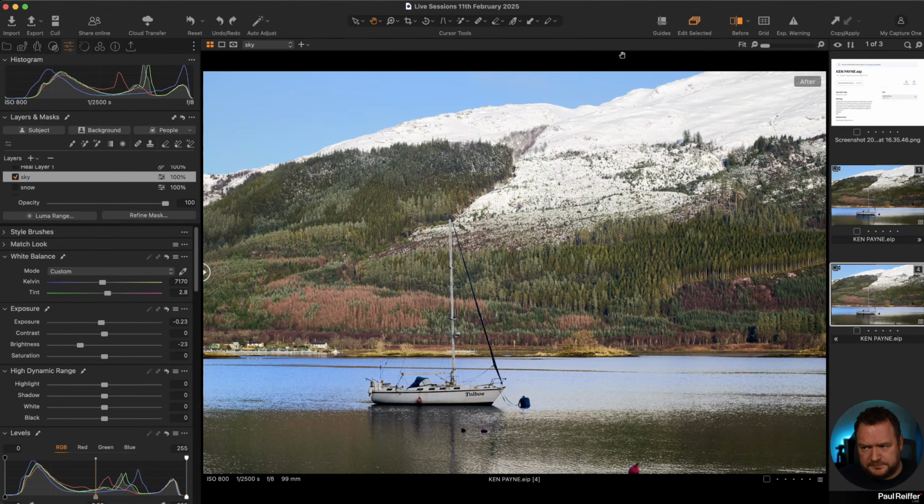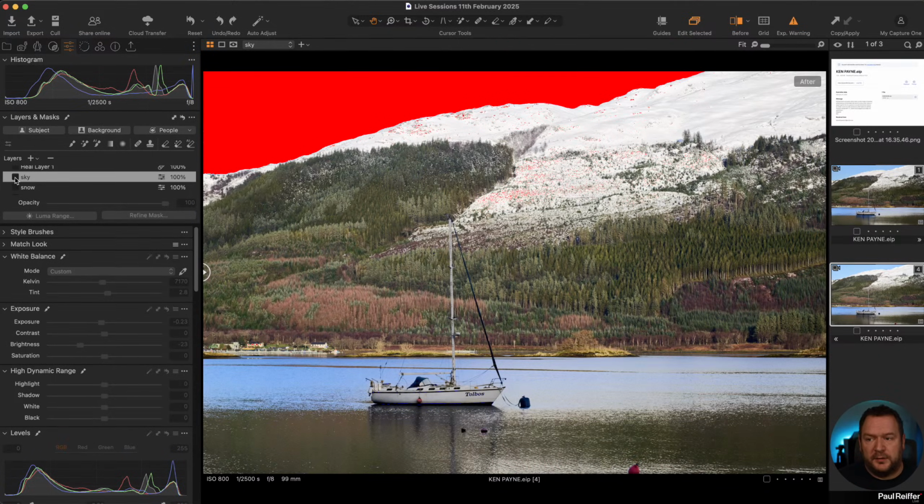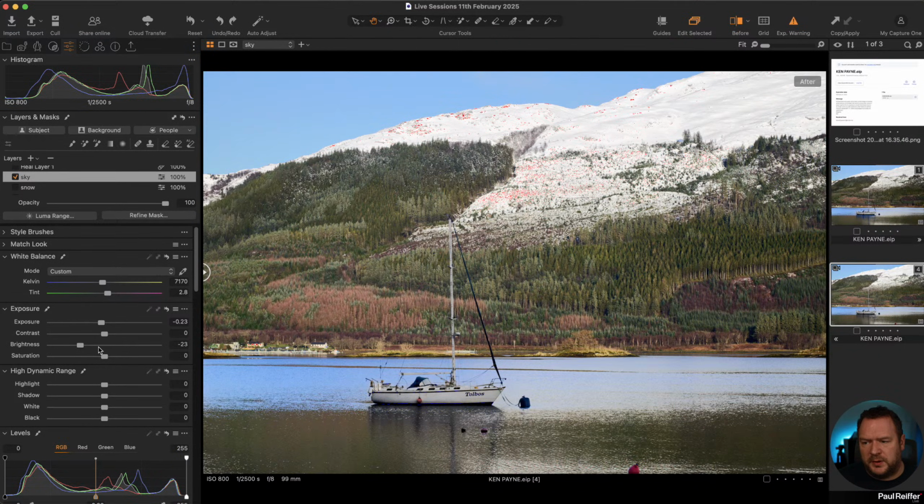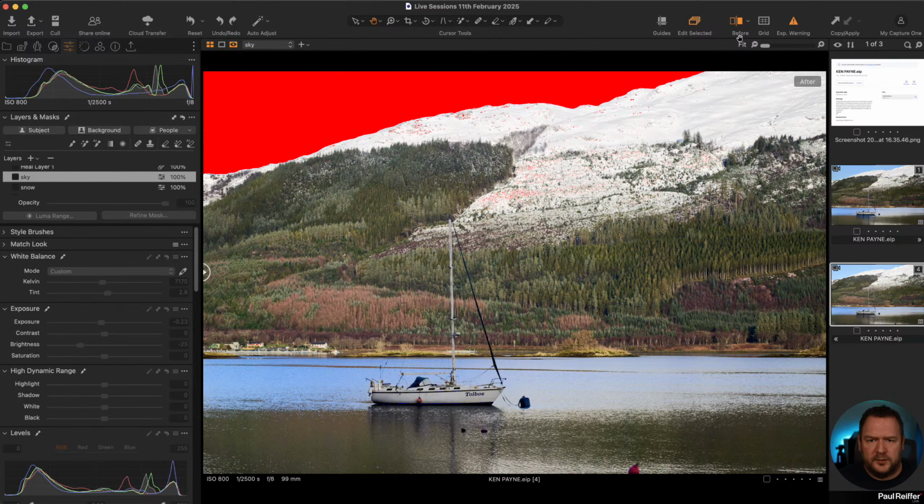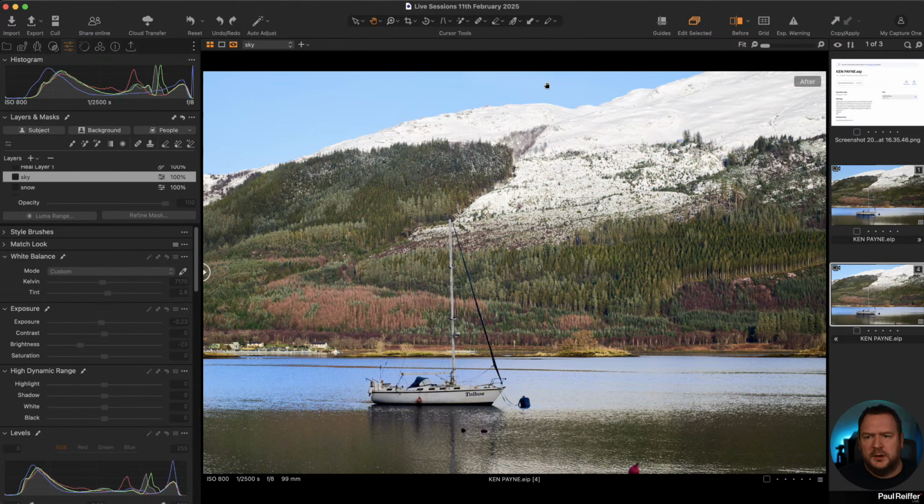The sky layer. So we've got a mask over the sky specifically. We've got an exposure warning out on the sky without this layer. Why? Well, because of this brightness here. So up here without the layer, let me just get rid of my mask and exposure warning. So without the layer, we are at 205. If you look up here, overall luminosity 205. That's not overexposed, but look at the blue channel, 255. So we've got an oversaturation or an over brightness in blue, not so much red, not so much green.